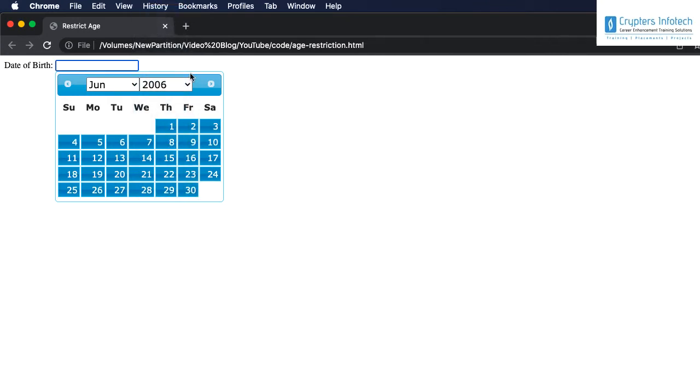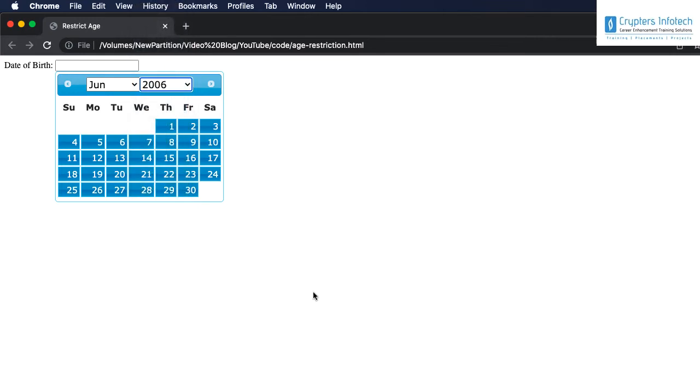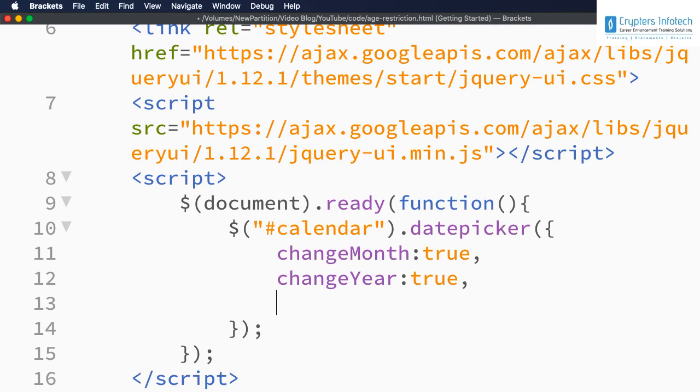First we need to select 2006 and then it will show up to 96 here and here 2016. So it is difficult, right? If we have to select a date more than 20 years of gap from the current year, we need to click it multiple times. So that also can be solved by specifying year range.